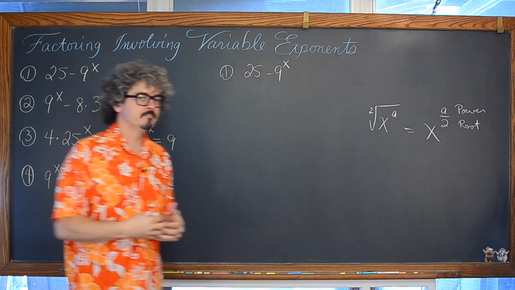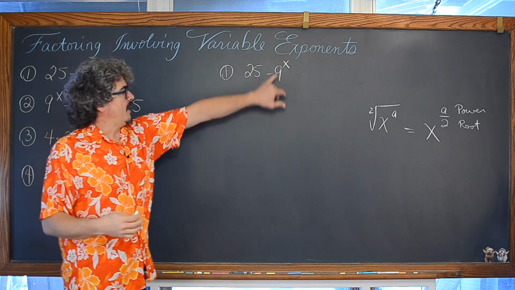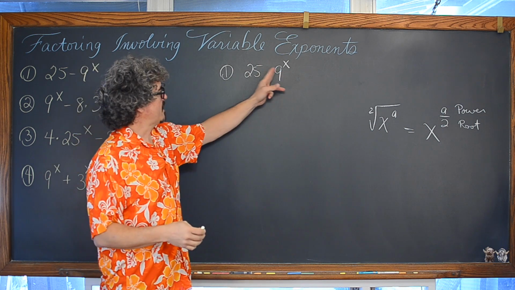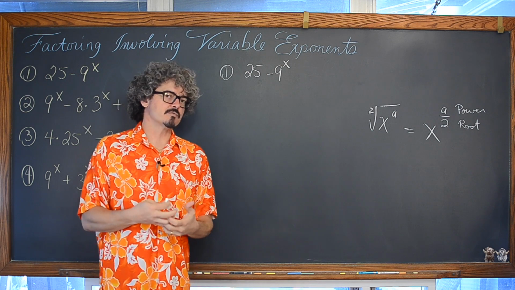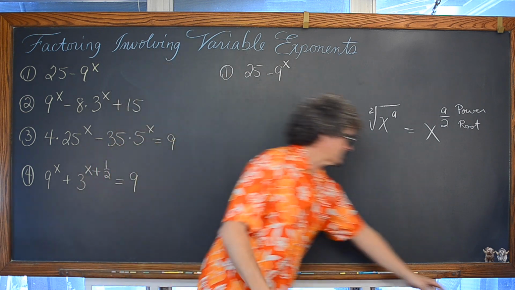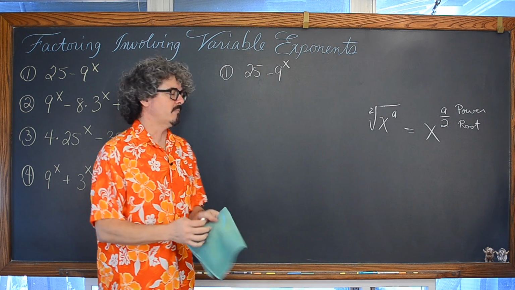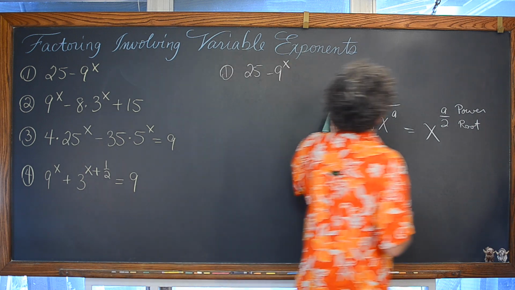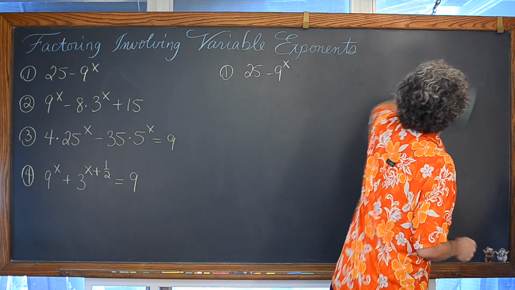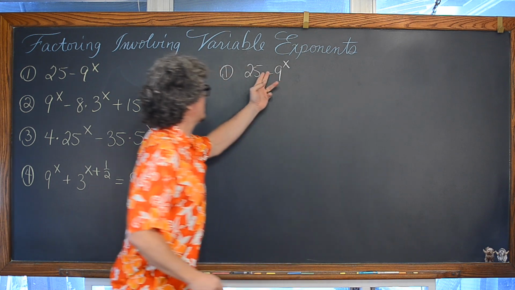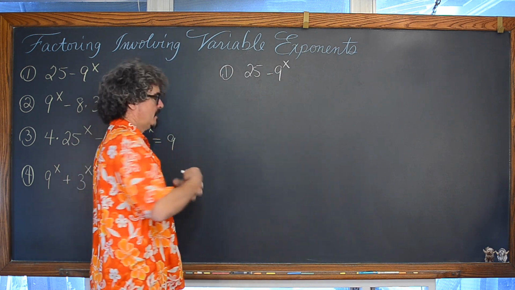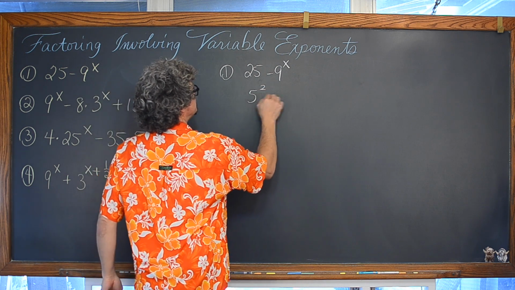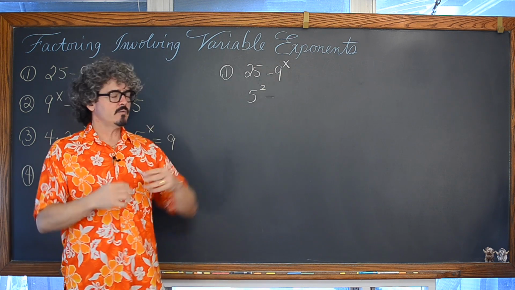Okay, so why do I bring that up? Not that you have to have an even power here on the 9 to be able to recognize this as a difference of squares, but as you start being introduced to problems that are not just like an x squared minus 16, let's say, as an example, they do generally give you even powers there to move into some more complex situations. So what I want to do here is I want to write 25 as that something squared, just to really make that pattern stand out for you. And now with the 9, we can write that as something squared.